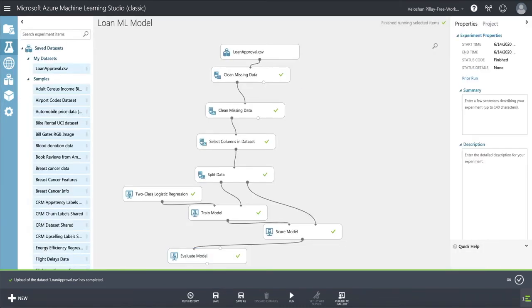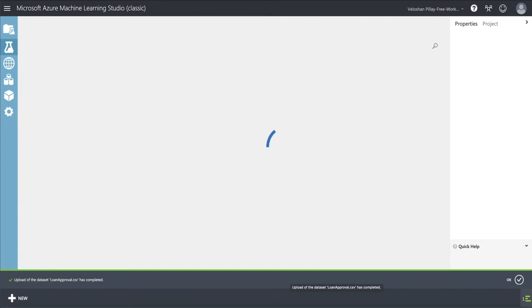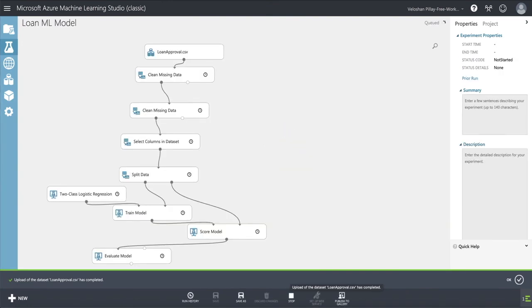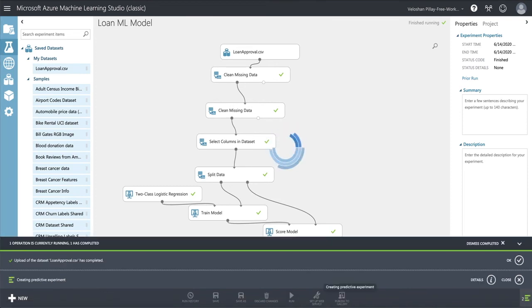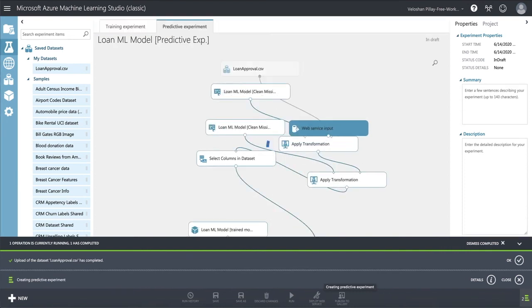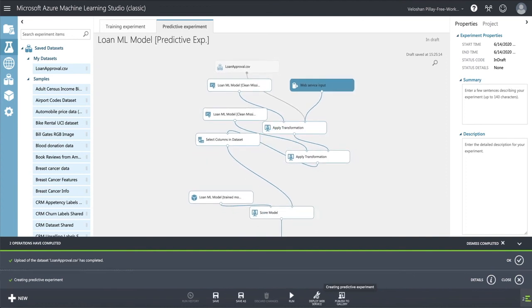Now, what we're going to do is we're going to run everything once again, because we want to run it from the beginning till the end. And we're going to get to the fun part, which is consuming the actual model. Okay, fantastic. It has run successfully. Now we're going to set up our web service. So if we click on the set up web service at the bottom, we'll click on the predict web service. And what it's doing is it's busy creating that web service for us. So it automatically goes and does the transformation